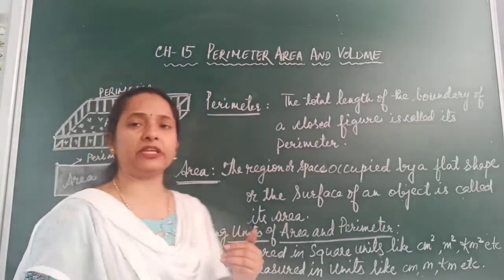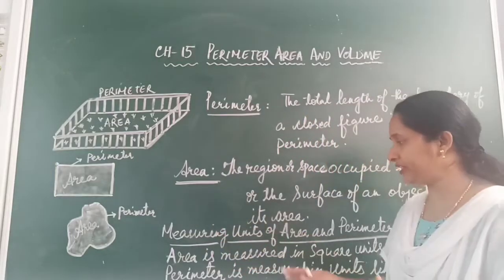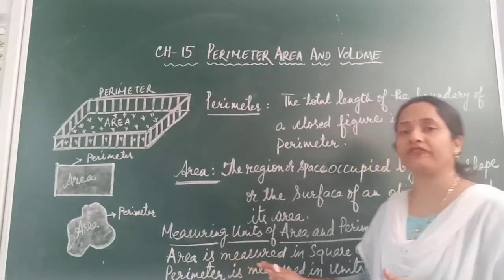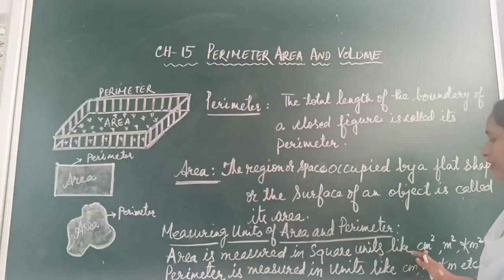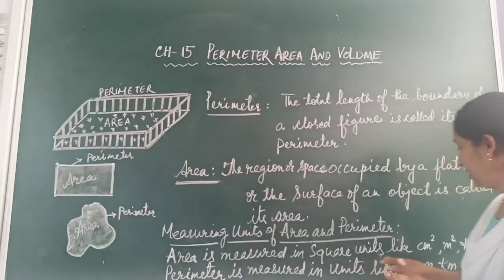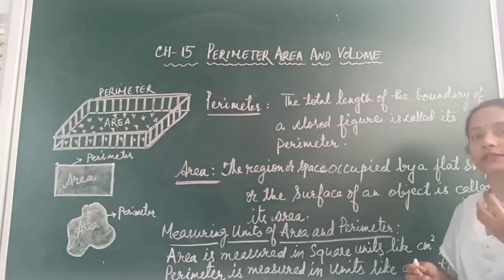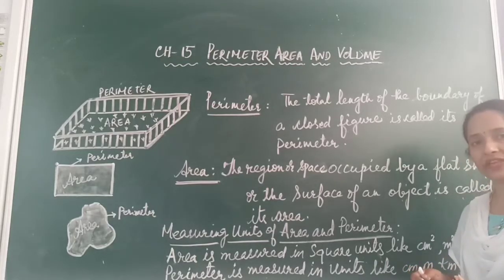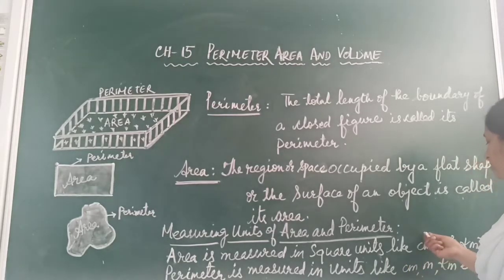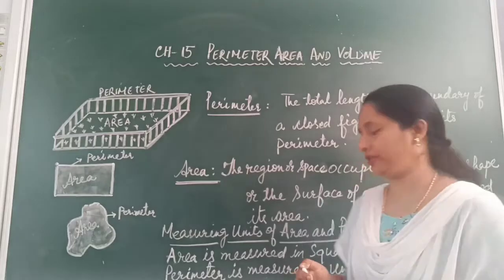Now one more important point, how the area and perimeter are measured. Area and perimeter are measured in terms of square units and units. Like the measuring unit of area is square units. That is, whatever the units of the length or breadth will be there for any given figure, then after finding the area, the final units of that area will always be in terms of centimeter square, meter square, kilometer square, or whatever the unit of the measurement will be, its square units.